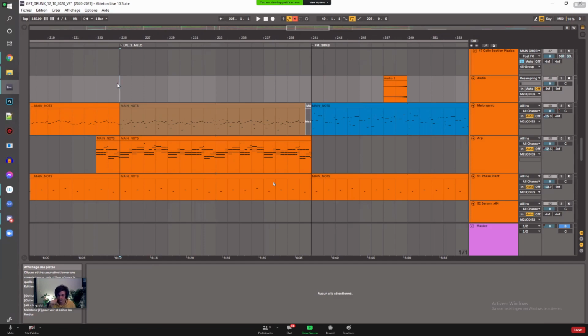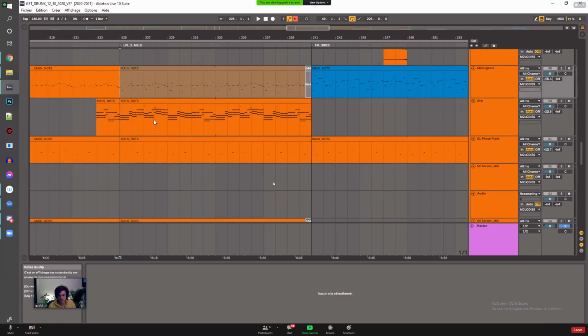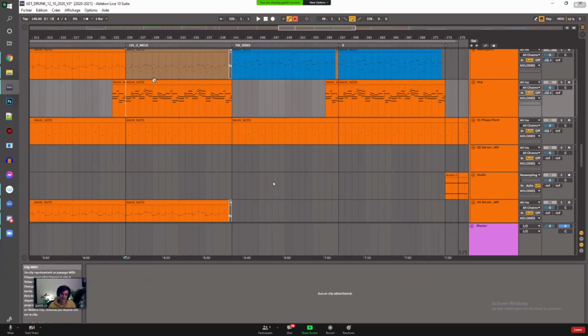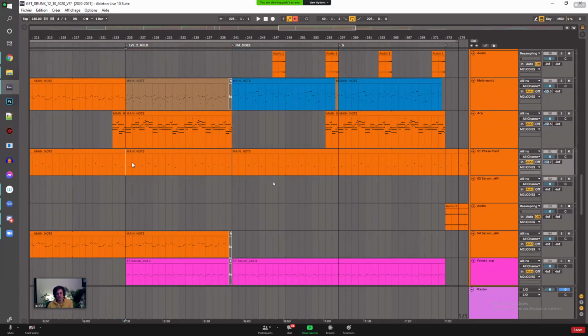And that is a really important aspect of arranging a track. It's not just building tension and release. It's also thinking of what scenes play at what time and in what frequency part of the spectrum. That's something really important to keep in mind.